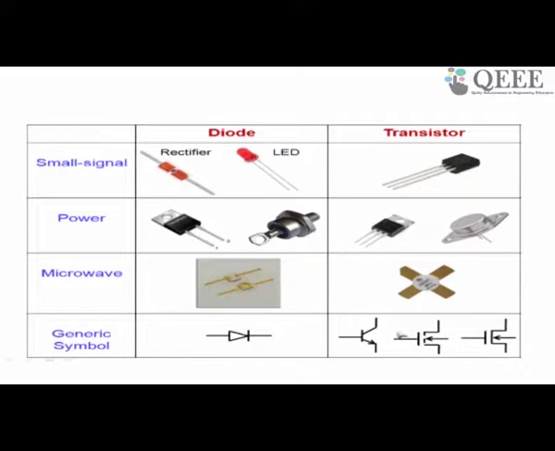As against this, this symbol is for transistors, a bipolar junction transistor. It has three terminals. Many of you might already know the top terminal is called the collector, the middle one is the base, and the bottom is the emitter. The MOSFET is inherently a 4-terminal device. Like the BJT, it has three terminals, namely the top terminal called the drain, which is analogous to the collector, the middle one is the gate, analogous to the base, and the bottom one is the source, analogous to the emitter.